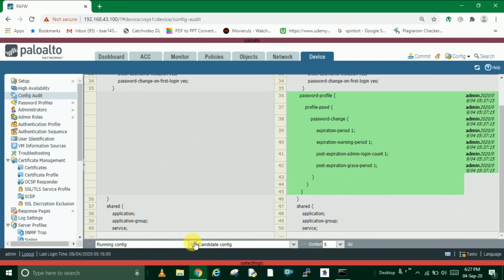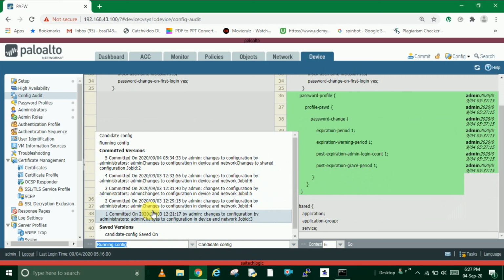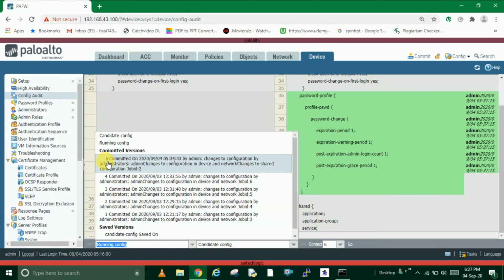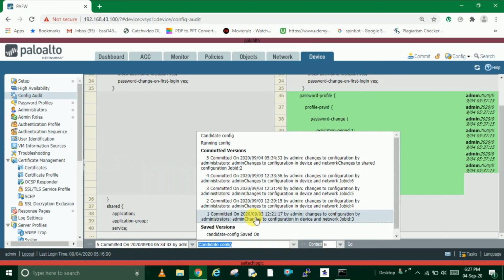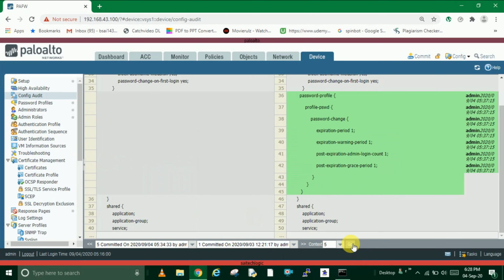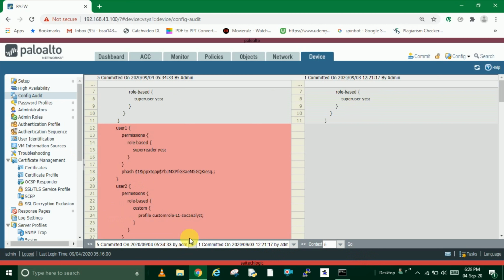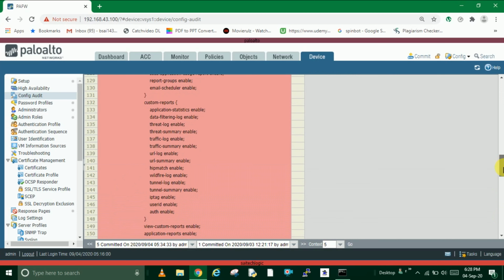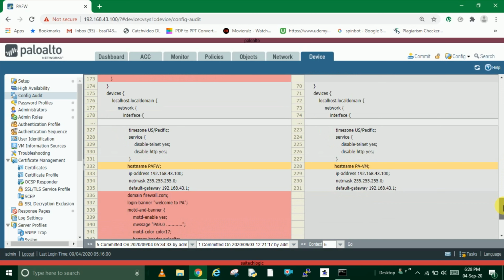And you can also compare, see this is my first commit. Okay, I can compare this latest commit, the fifth commit, with my first commit and go. So it will compare the commits here, you can see. It will compare the fifth commit as well as the first commit, and it will display what the changes are here. So as I added user 1 and user 2, you can see the changes. This I have done in the fifth commit, and this is the first commit where there are no users. Okay, this is how you can use this config audit.